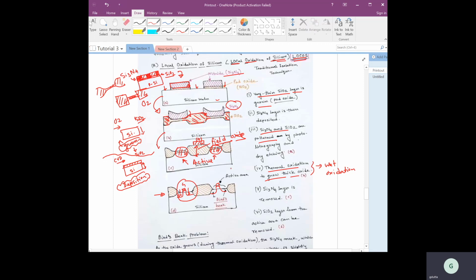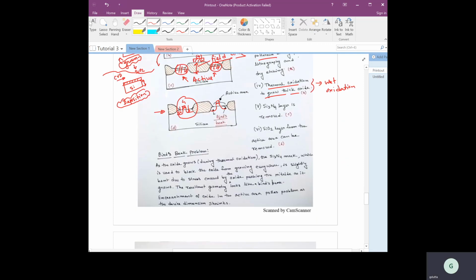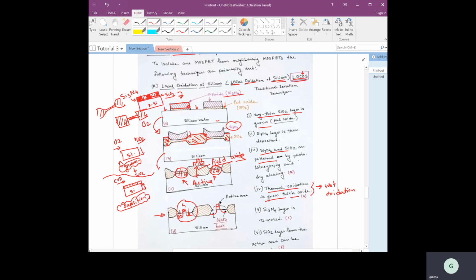I hope now the LOCOS process is clear to you. But in this LOCOS process, there is a problem. So what is that problem? I have already discussed that problem, but I have not mentioned that it is a problem. See, the structure is not like this. You expected the structure to be like this, but the structure is like this. In detail, when you have etched this region, the thin silicon dioxide, the structure basically looks something like this.